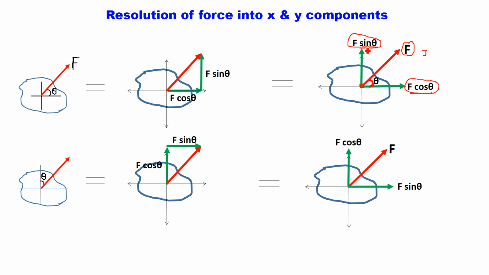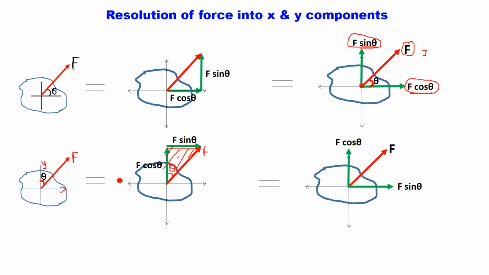Now the second possibility is that the angle of force F may be given with respect to the vertical axis, that is the y axis. If the angle with respect to the vertical axis is given, if you see this figure, this is force F, which represents the hypotenuse of the triangle. So if you draw a horizontal line from this point and a vertical line, and this is angle theta,